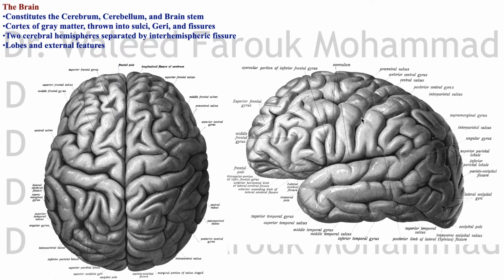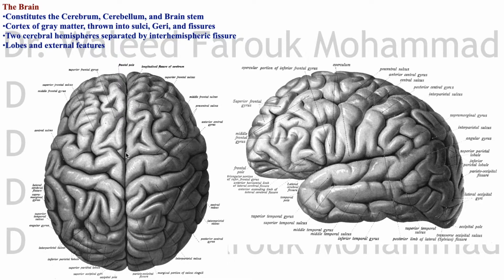Gyri and sulci, and the bigger sulci are called fissures, like this one, the interhemispheric fissure. Two cerebral hemispheres are separated by the interhemispheric fissure, and in the floor of this fissure, as we discussed earlier, there